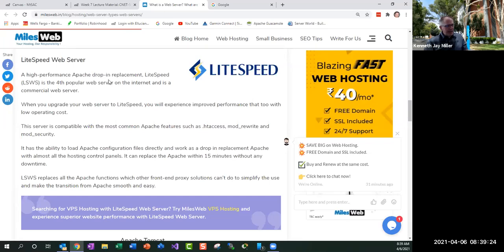And then the last one, and there are all kinds of web servers, this is just 4 of them, but a high-level performance Apache drop-in replacement known as Lightspeed is the 4th most popular web server on the internet, and it's commercial design. So when you upgrade your web server to Lightspeed, you experience improved performance with a low operating cost. It's compatible with most of the Apache features, such as the .htaccess, which is used for